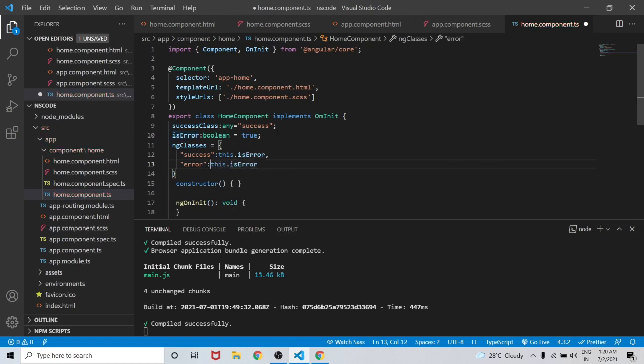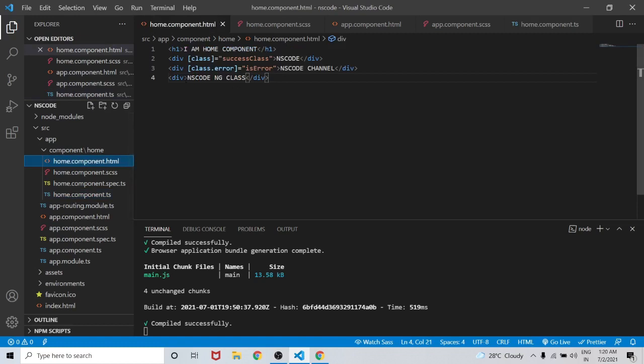I just need to add not in success, not here, as we have already isError equals to true, but by default it should be false. So let's make success that is for false. So not in this.isError and remove the not from here. Yeah. So now save the changes. As you can see, now go to